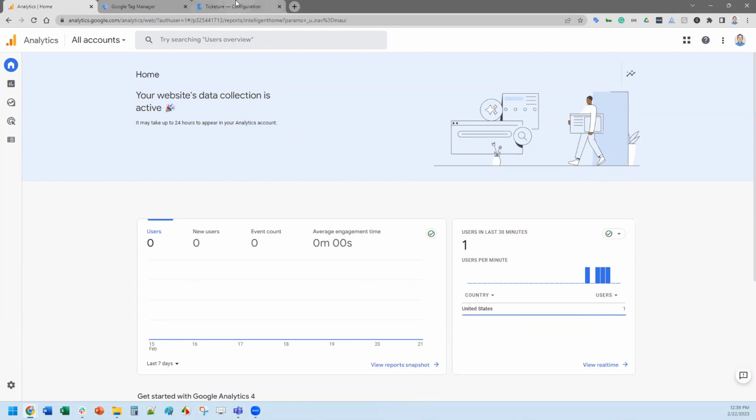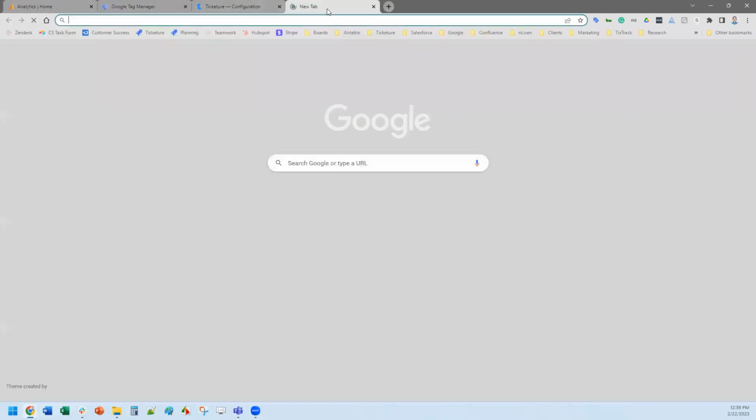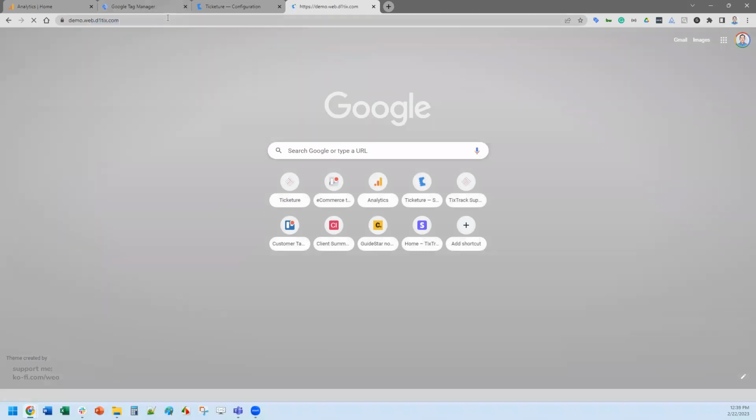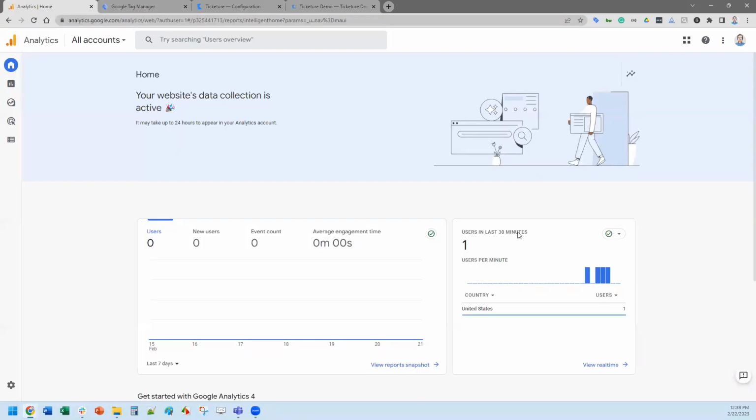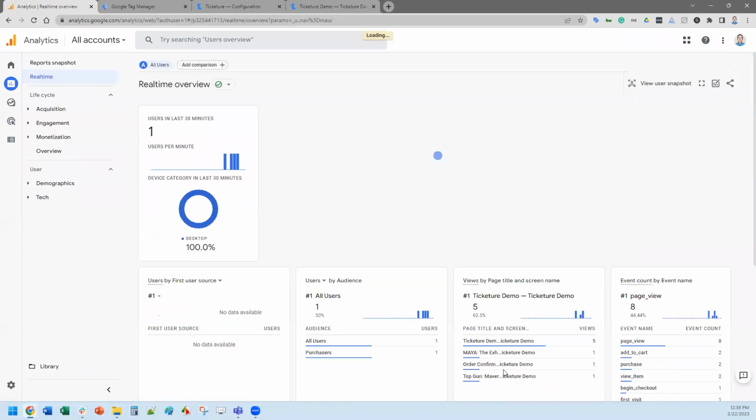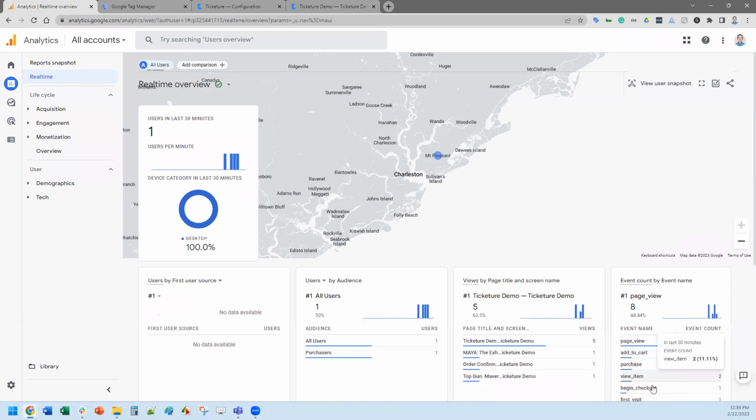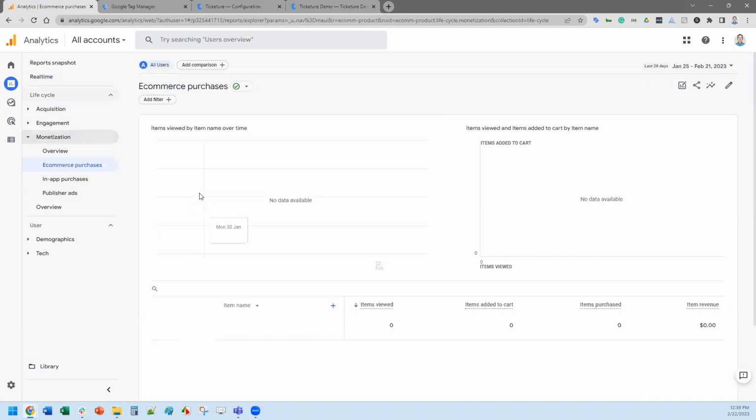So if I do a quick little bump out to the site, it will give me that user. I'm looking at real-time kind of analytics. It's going to give me that particular user, that particular location, what they were doing, all my actions, et cetera. But if I want to report on this quickly, like, what's the demographics on this person, or what's my e-commerce side, all that is on a 24-hour delay. So if I go into here, it's just going to show me nothing, which is a little bit annoying. But it does get in there, obviously, because it does have all that particular data in play.